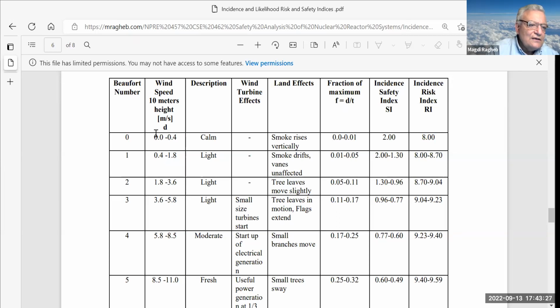it shows the speed of the wind at 10 meters height. 10-meter height is the standard height at which meteorological wind speeds at airports are measured. So if the wind speed is from 0 to 0.4, the Beaufort scale describes the situation as calm. At 1, it's light, and until 5.8 meters per second at 10 meters height on the